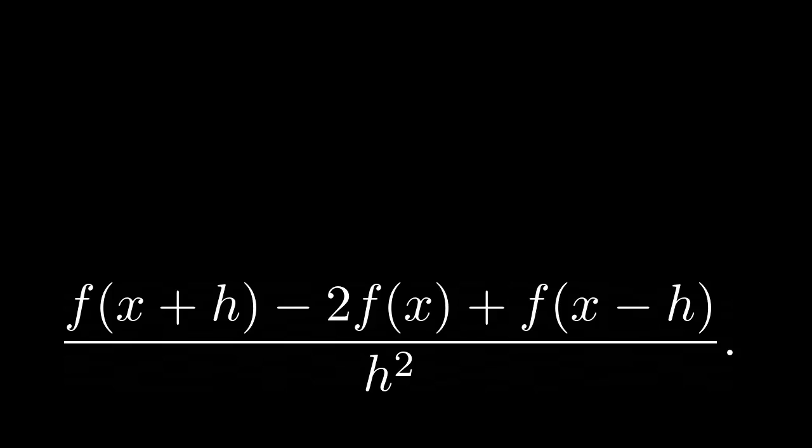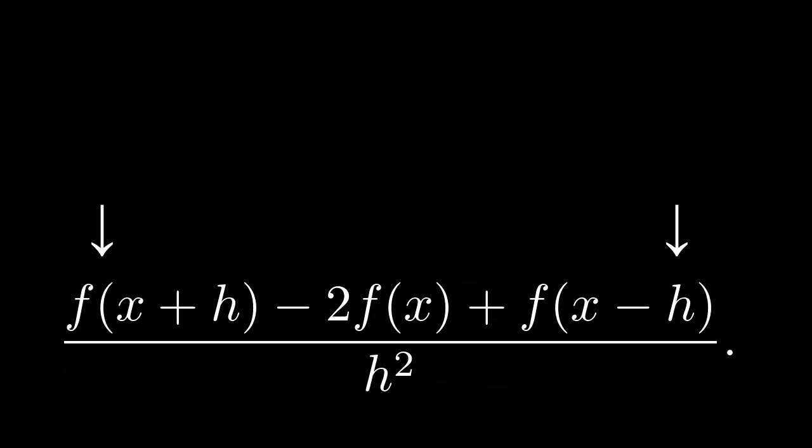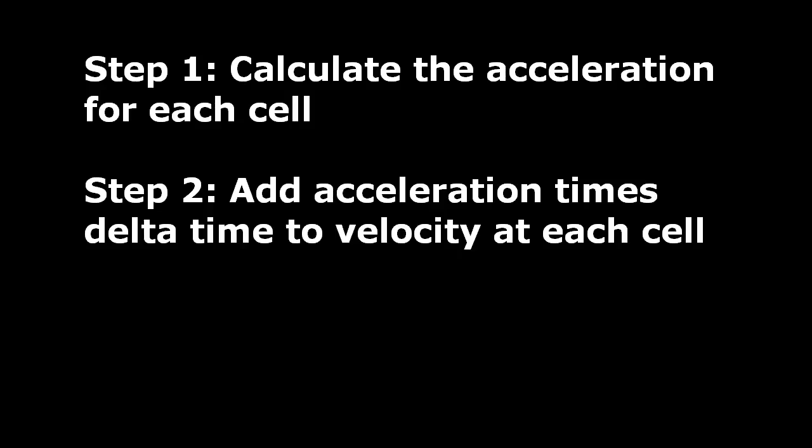From this, we can get our basic algorithm. Step 1, we calculate the acceleration, d squared u dt squared, for each grid cell. We'll just apply the central difference method, and that's kind of interesting. At the edges, we'll have an issue. There's not a cell on both sides of the edge cell. I could look at properly solving this, called end conditions, if you want to look it up, but no, I think I'll just pretend the graph is exactly reflected and call one of the coefficients 2. It adds up anyway. So, step 2, going beyond there, we add the acceleration times delta time to the velocity